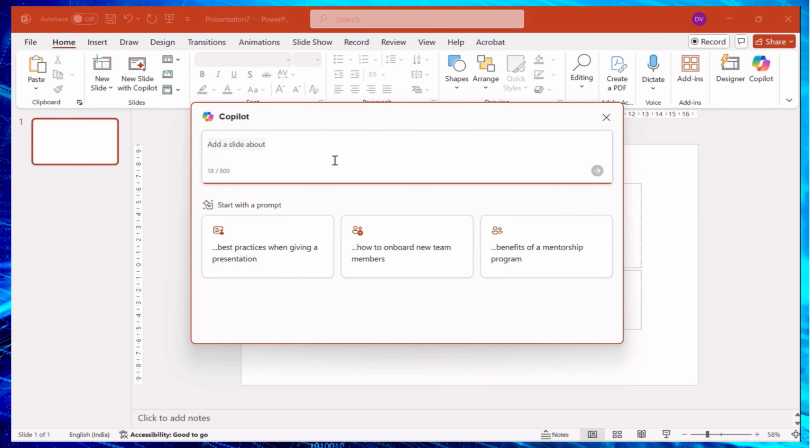Now, since we are discussing this, let me type a very first use case: create a 5 slide presentation about future trends in renewable energy. I have typed very basic English over here. Whenever we do prompting in Copilot, we always have to make sure what type of tone we are using. Since we are creating a very basic video series, we have simply typed this particular prompt, and I'll hit enter.